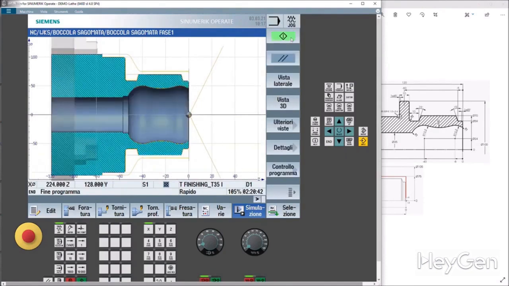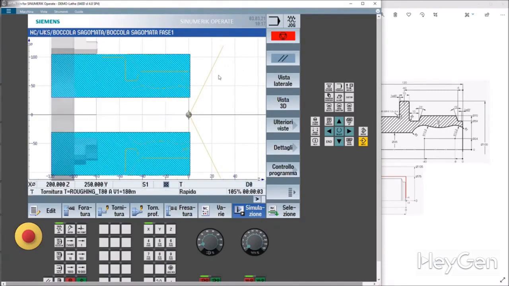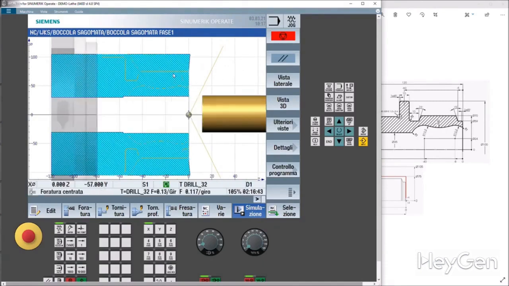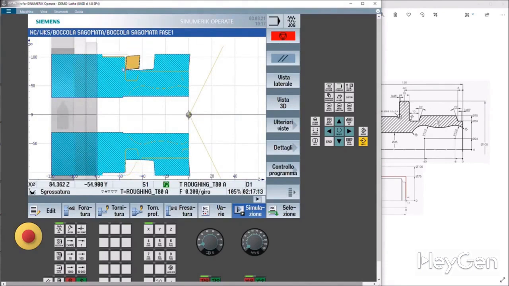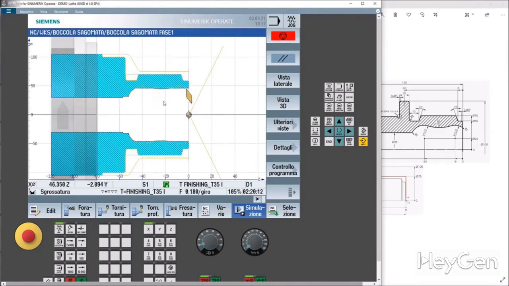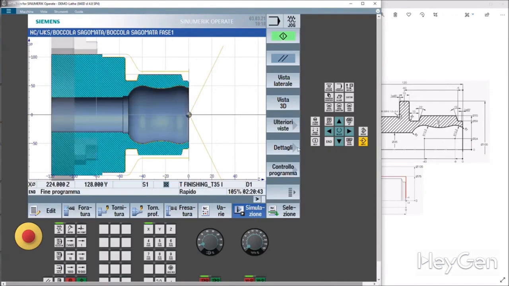Do you see that we have our profile here? Let's go ahead and do the machining. And here we go. Do you see that the tip is just widened in this case? Sometimes you need to adjust the graphical simulation to meet our needs. You see that it does the roughing and finishing of the profile. Great. Perfect. We've completed 100% of the machining on the right side of our product.